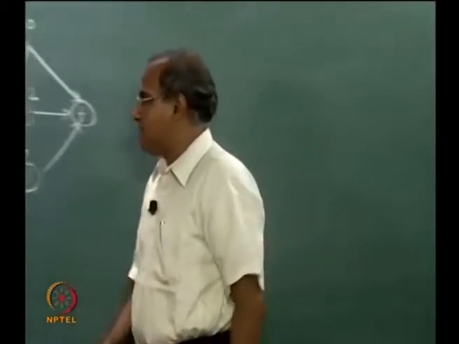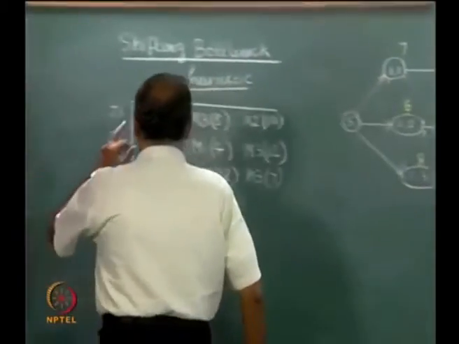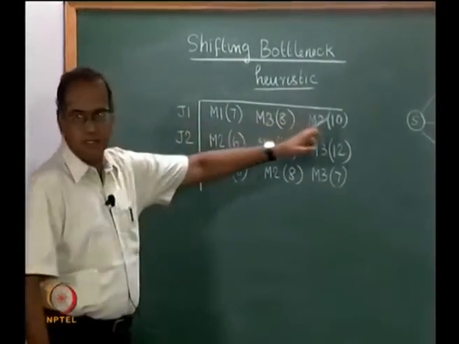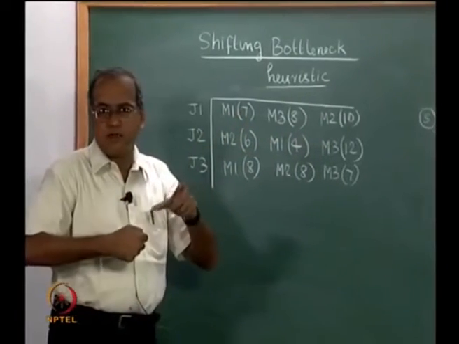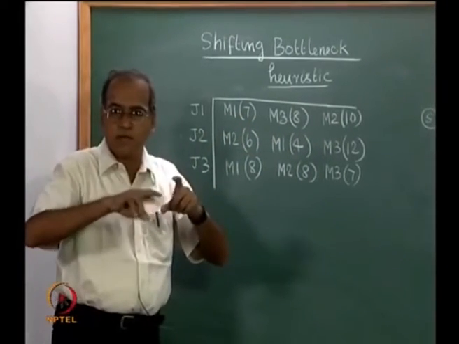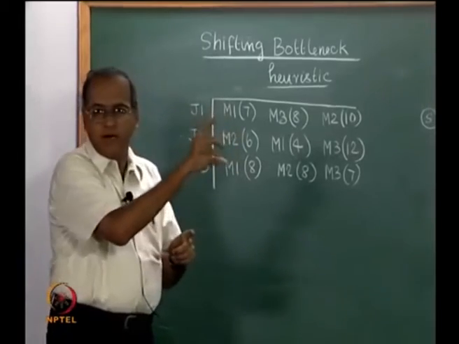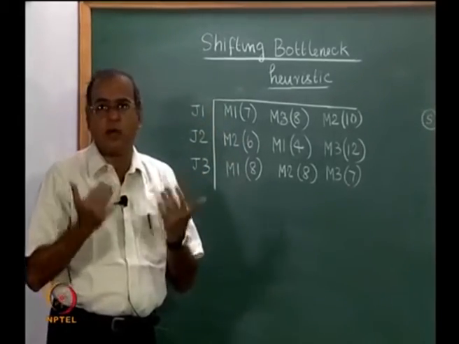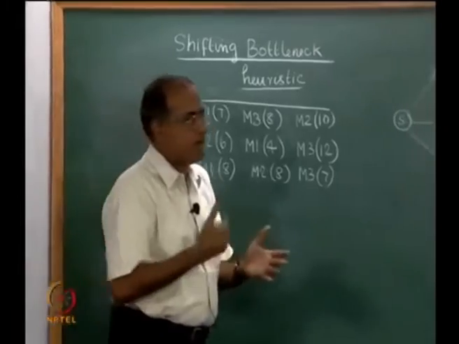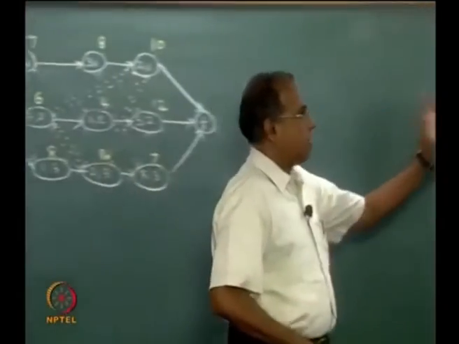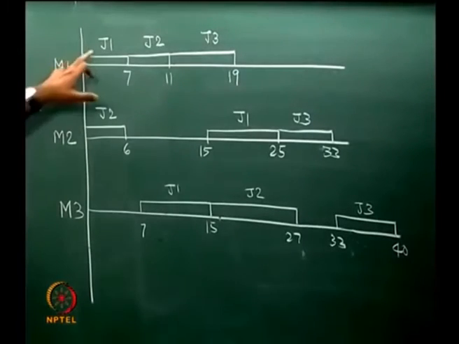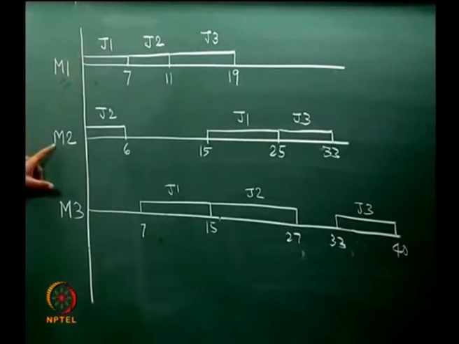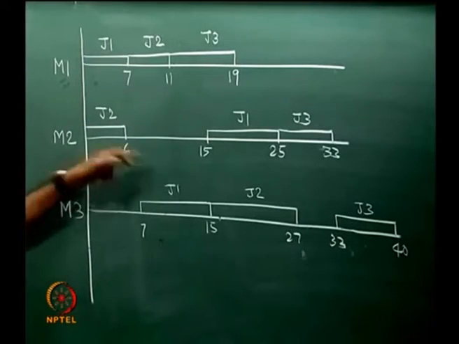In any case, if we see here, job 1 has to visit all the 3 machines, but we are interested in taking each machine and the order in which the jobs come in. That is the variable part which we are actually trying to optimize. If we are able to get the correct order, in the sense at the moment if the order on M1 is J1, J2, J3, order on M2 is J2, J1, J3 and order on M3 is J1, J2, J3,